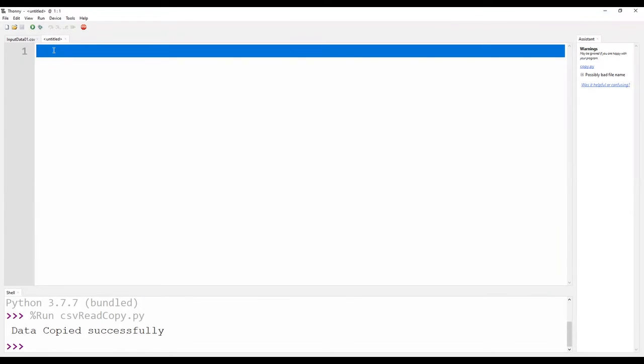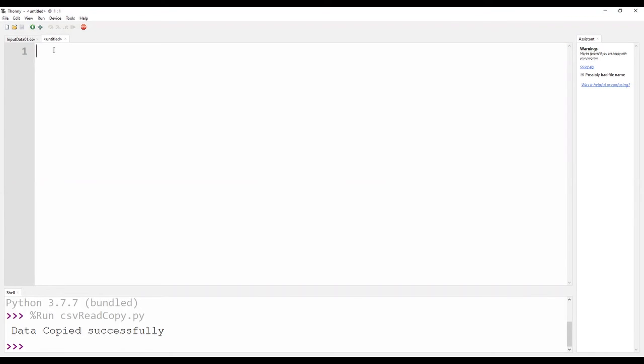As usual, they have asked us to write a function. First of all, we have to import csv. You are reading and copying. They have not given the function name, so we are keeping the function name as read_and_copy.